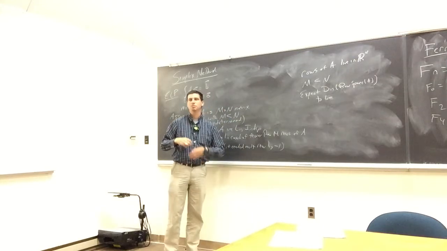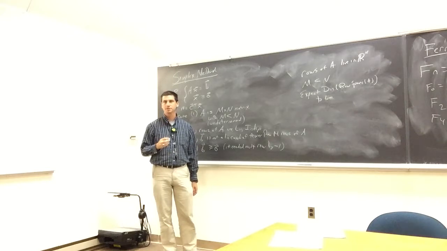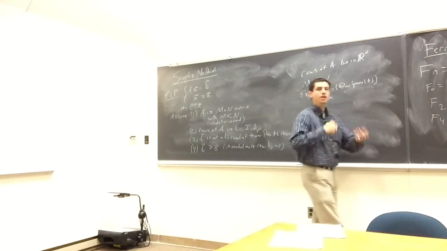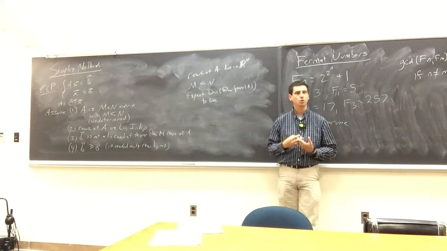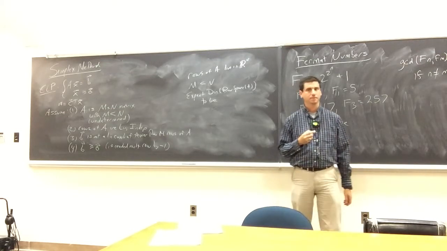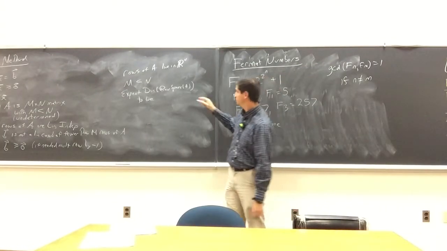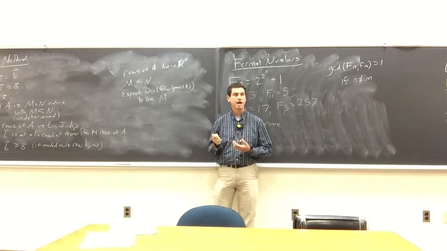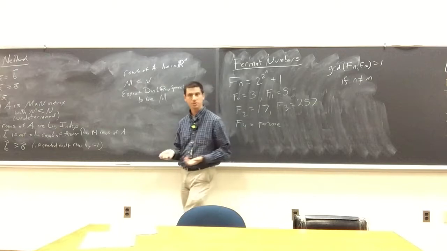Again, I can always come up with a strange matrix, but what would you expect the dimension of the row space of A to be? If I choose my rows, say, randomly, with high probability, what should the dimension of the row space be? The dimension is going to be at most m. It's going to be at most n. Since m is smaller than n, it will be at most m.